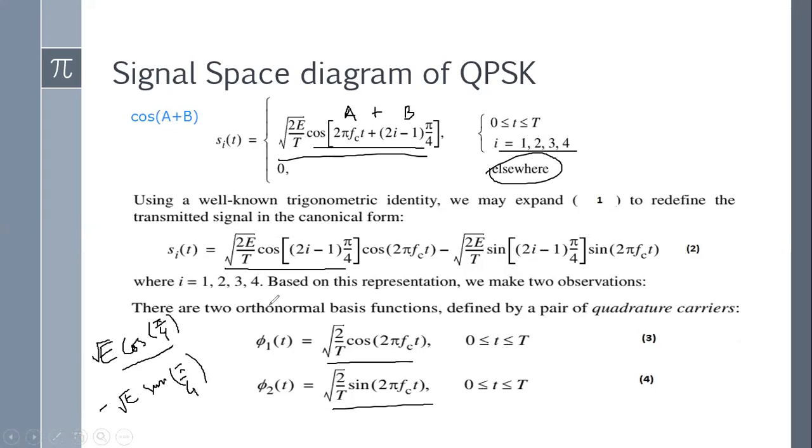Okay, and since the value of i goes from 1 2 3 4, we can have 4 different symbols. Are you getting me? Is this portion clear? So this equation represents the message part, and this represents your basis function. Okay, so you are multiplying this message with the carrier, and you are doing the modulation. Is it clear, everyone? Have you understood?